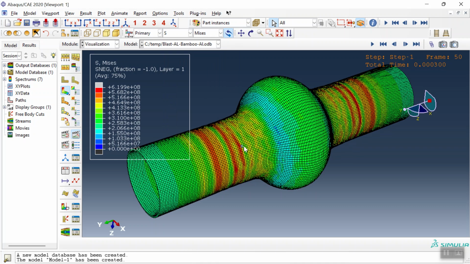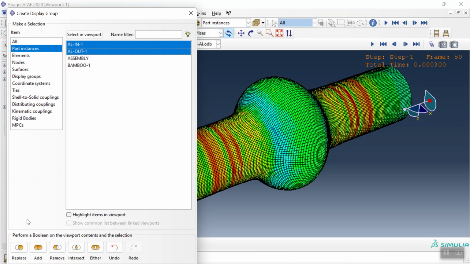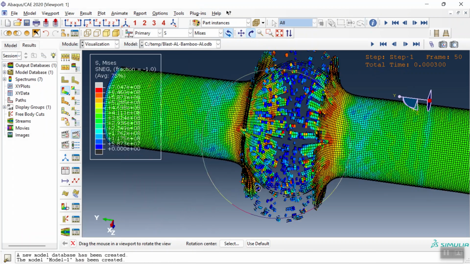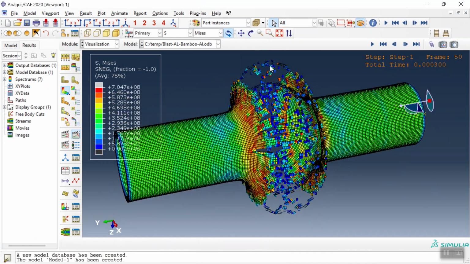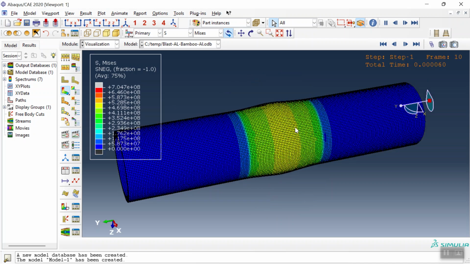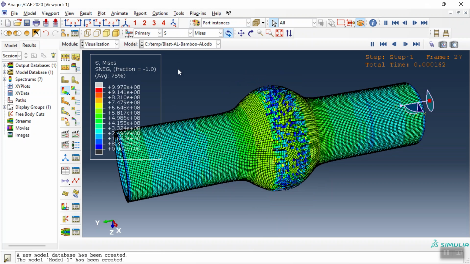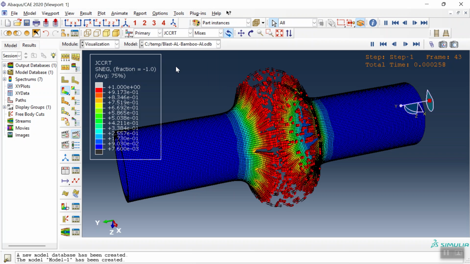This is the result for the bamboo fiber, and it is filled completely. Let me check the other, the aluminium. You can see here the aluminium is fully filled. You can see it is filled completely, and these are the fragments of the aluminium, and this is the damage. This is the stress, and let me check the JC damage here. This is the JC damage,